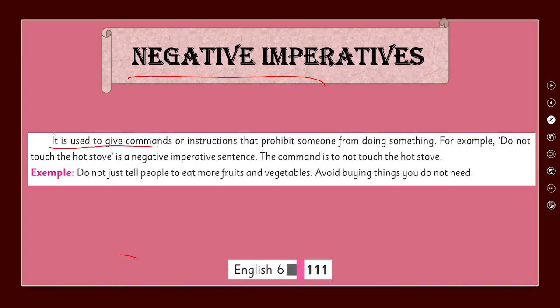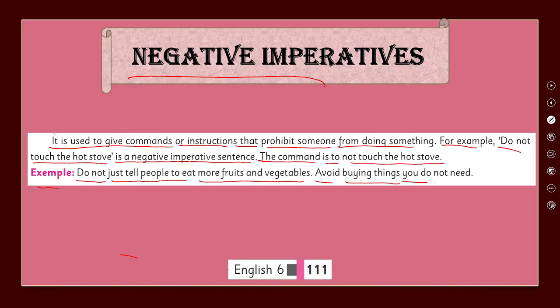It is used to give commands or instructions that prohibit someone from doing something. For example, do not touch the hot stove is a negative imperative sentence. The command is to not touch the hot stove. Some other examples are, do not just tell people to eat more fruits and vegetables. Avoid buying things you do not need. So,